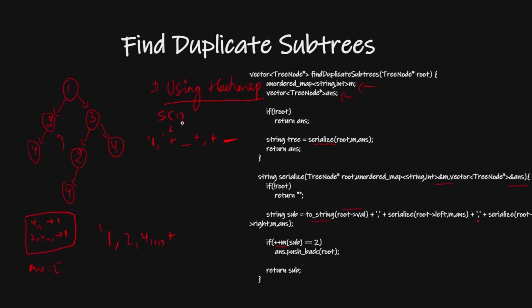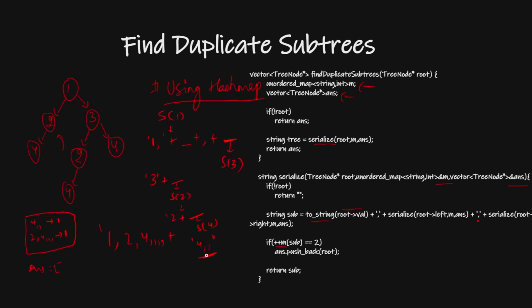If you see, for 1, its right is s3. So s3 will call, and s3 will see its 3 plus what is it? It goes to its left. Its left will be s2. S2 will say that's 2 plus its s4. Then s4, what will this s4 have? Finally from s4 I will have this 4, and its left is null, so this will come here, and its right is null, so this will come here. So this is my string.